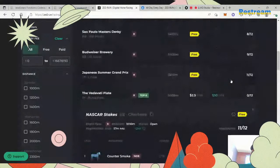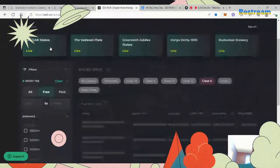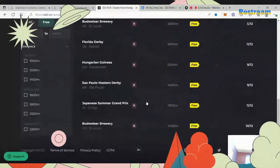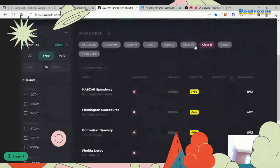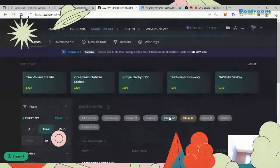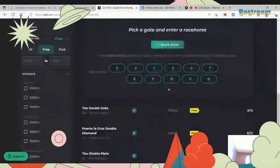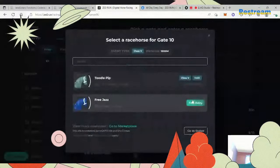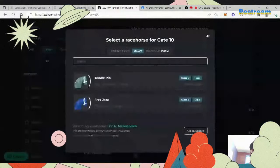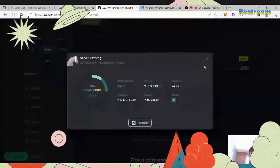Nope. Not this 1,000 meters, says I. Not me. Okay, so we got that one registered. Now we need. I swear, I think Free Jazz is in a race. No? Okay, well, we'll get you in a race there, buddy. Oh, that's right. I didn't find an 1800 in the first place. But like, what the frick, man? Well, that's not. Never mind. That's not even